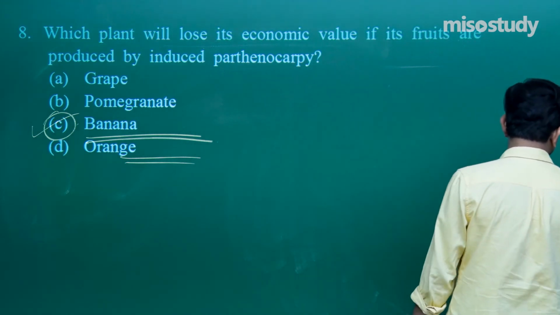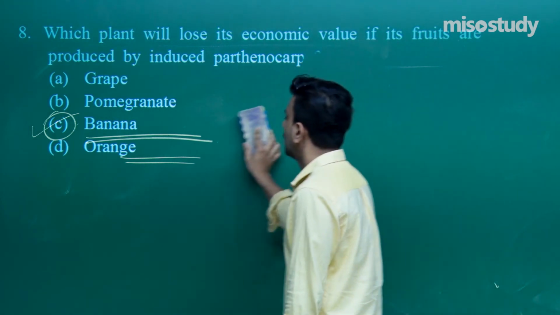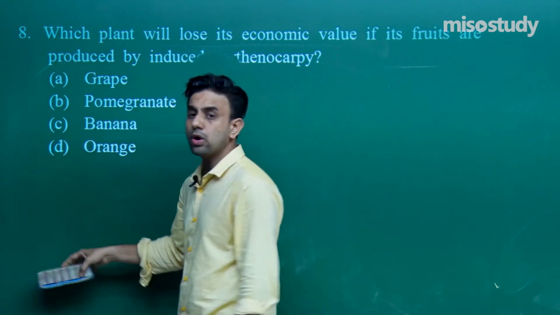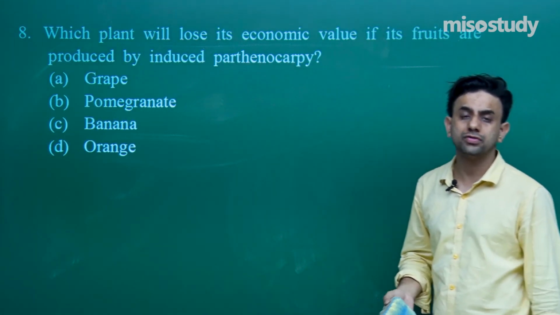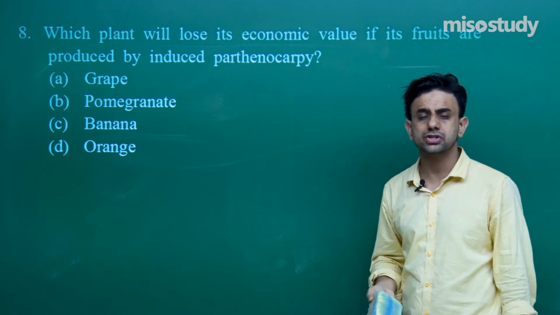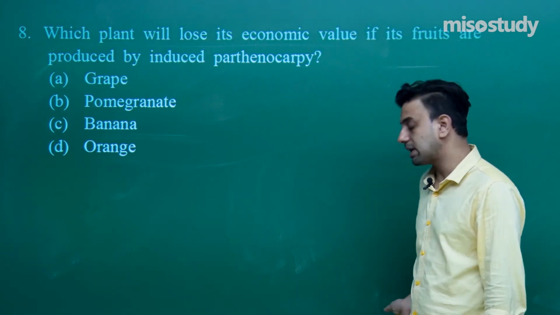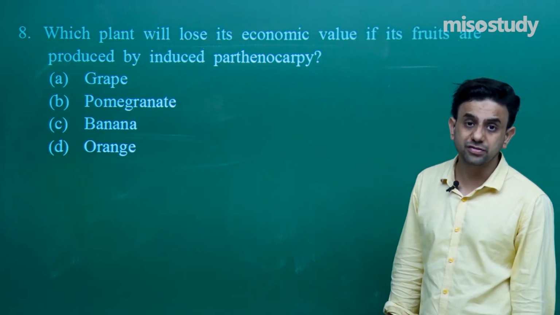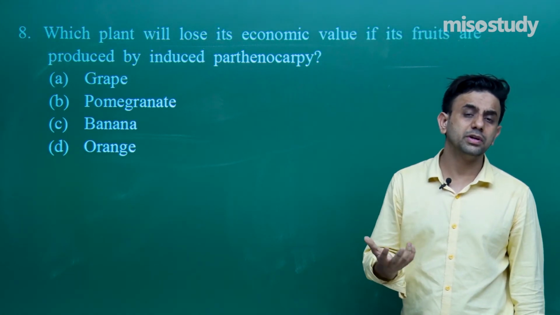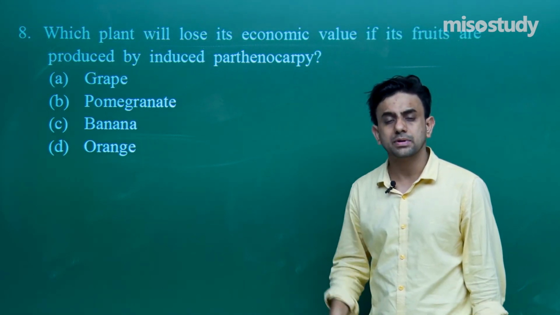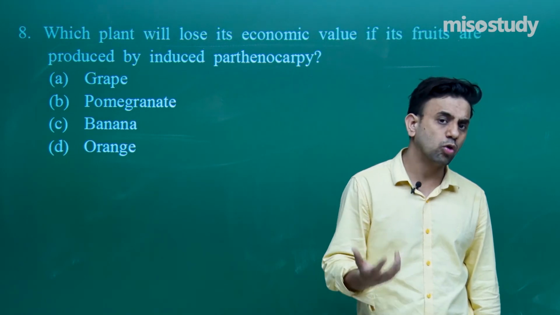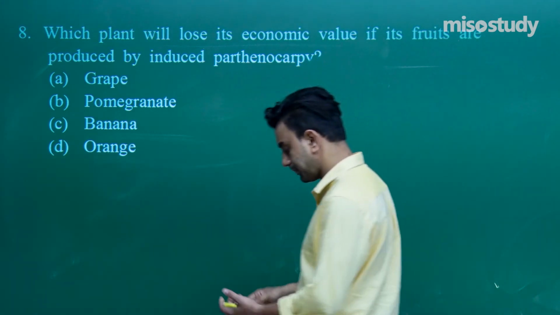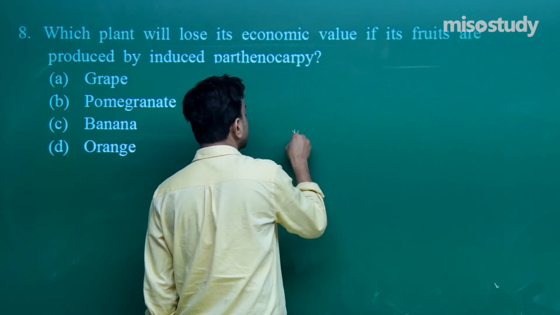So, what is parthenocarpy? Parthenocarpy is the formation of fruit without fertilization, and if fertilization is not taking place, then the seeds won't be formed, because in parthenocarpy there are no ovules and no seeds, right. So, we can write